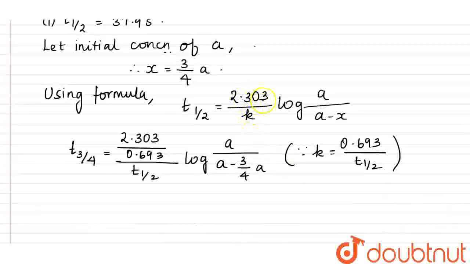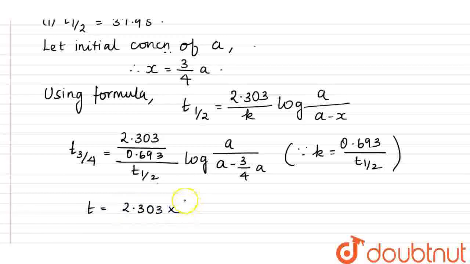So in this way, 2.303 divided by K is nothing but 0.693 divided by T half. So log of A is 0.693 divided by log of A divided by A minus X. Here X is 3 by 4A, so A minus X is 1 by 4A. So when we simplify this, we will get